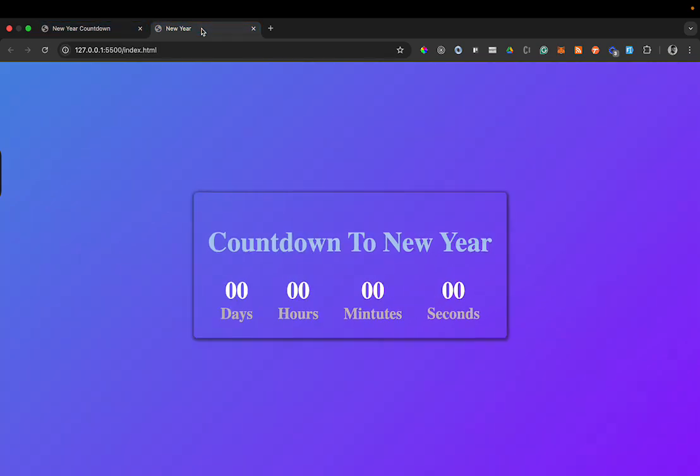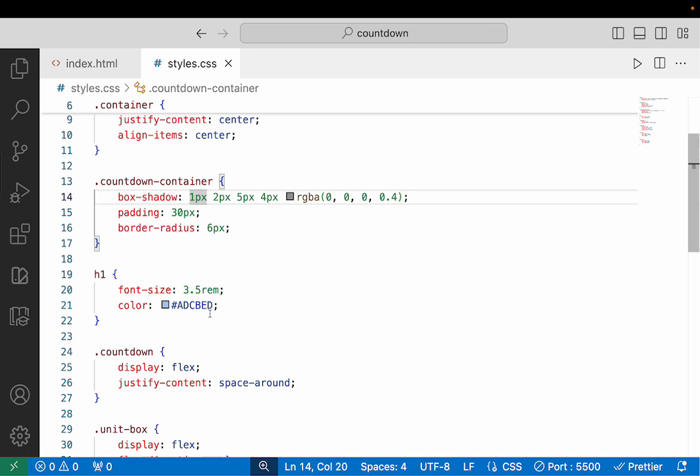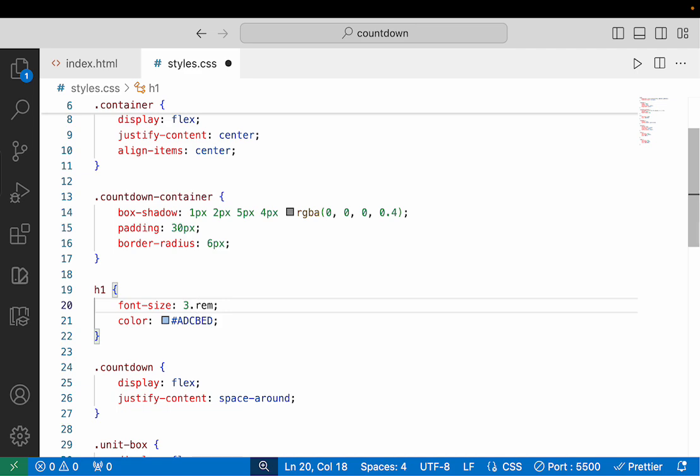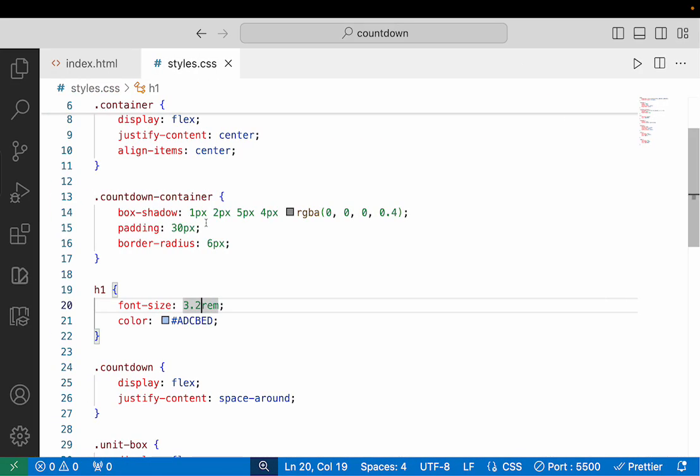For some reason this seems to be bigger. I'm not exactly sure why. It might have to do with this. Maybe I should make it 3.2. No, it's definitely 3.5. So we're going to leave it like this,